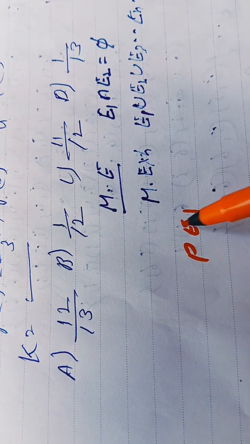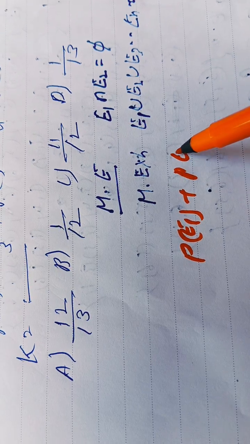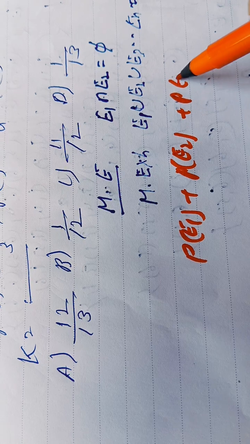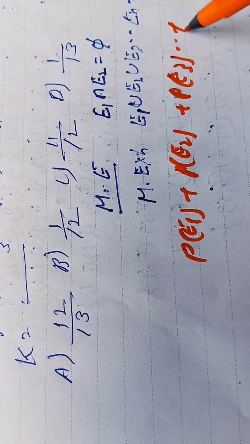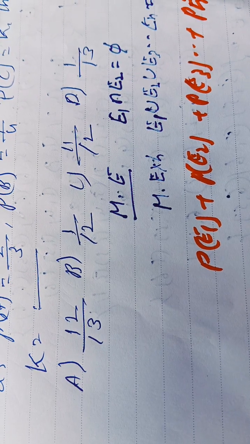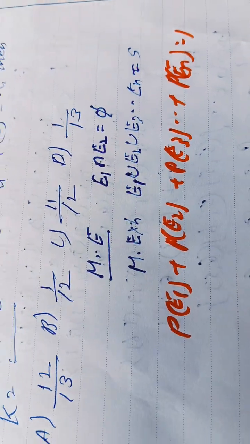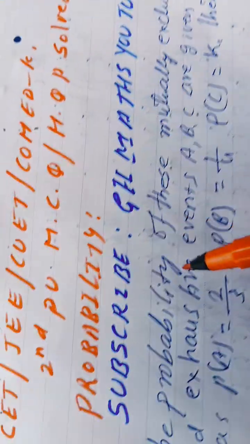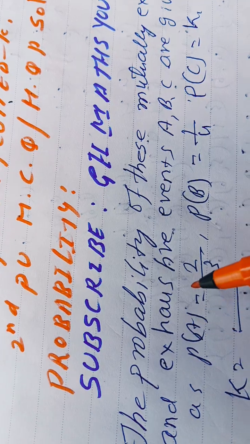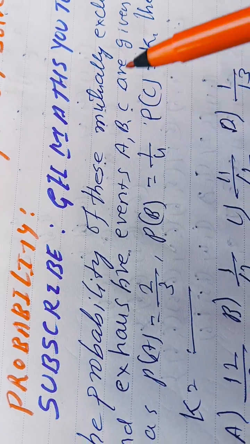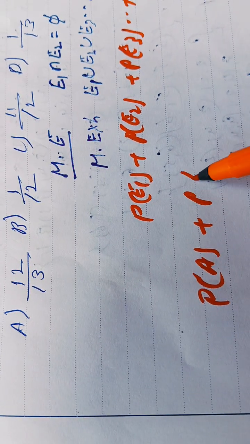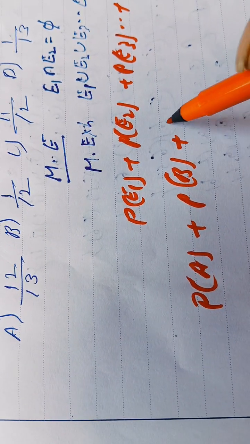P of E1 plus P of E2 plus P of E3 and so on plus P of En is equal to 1. We are given mutually exclusive and mutually exhaustive events A, B, C, so P of A plus P of B plus P of C